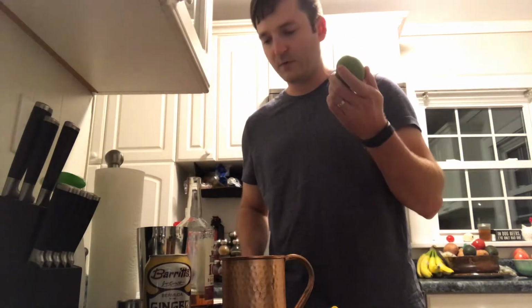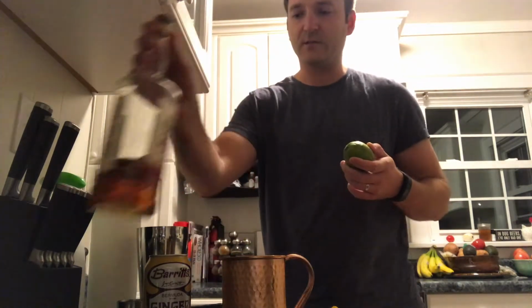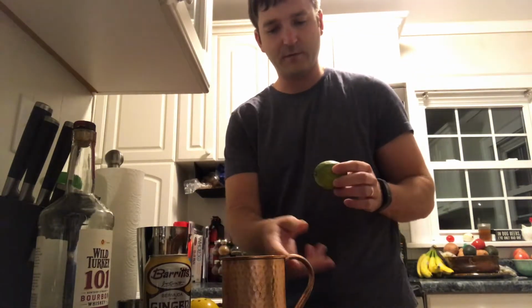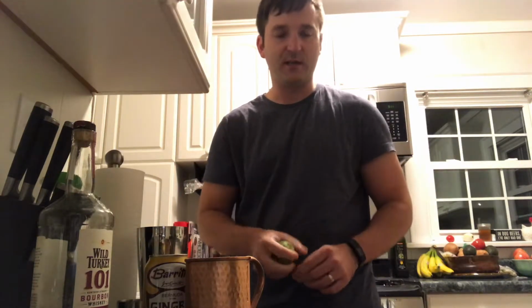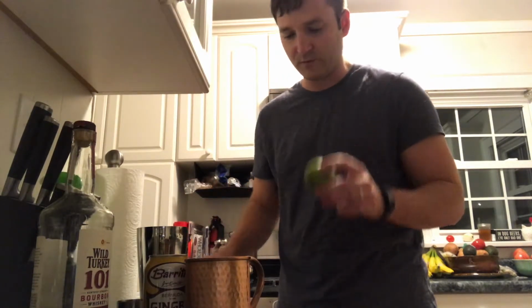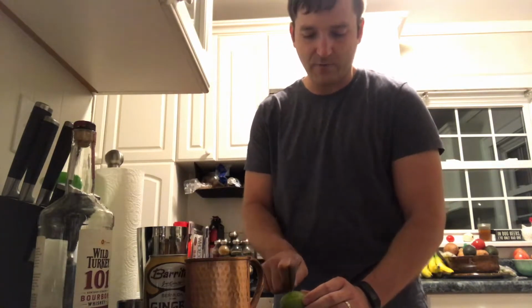Okay, and then the order of things isn't necessarily very important here, but I'll just go ahead and take the lime and cut that in half and juice it into the cup as well. One trick with the limes, if they're not extremely ripe, or just in any case, if you roll them on the counter a little bit, it kind of breaks up some of the fibrous materials inside and helps the juice come out of the lime. So I'll just cut that in half with a knife